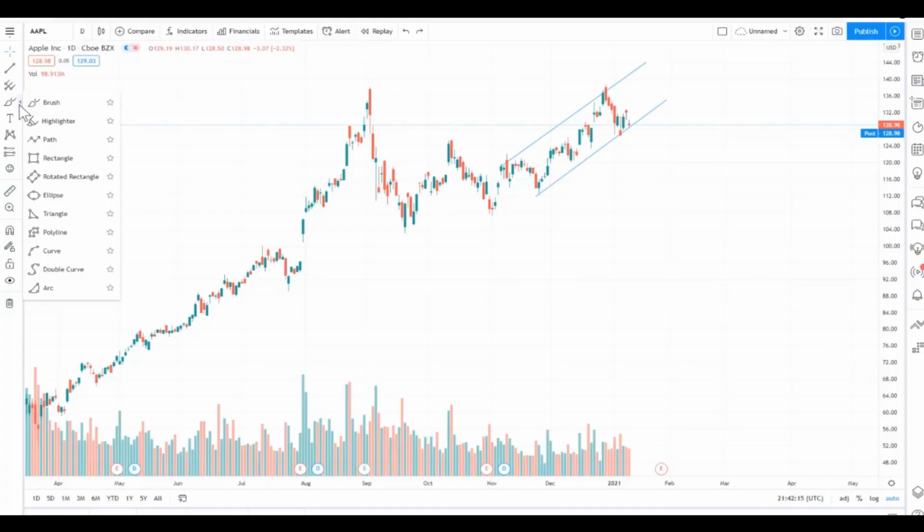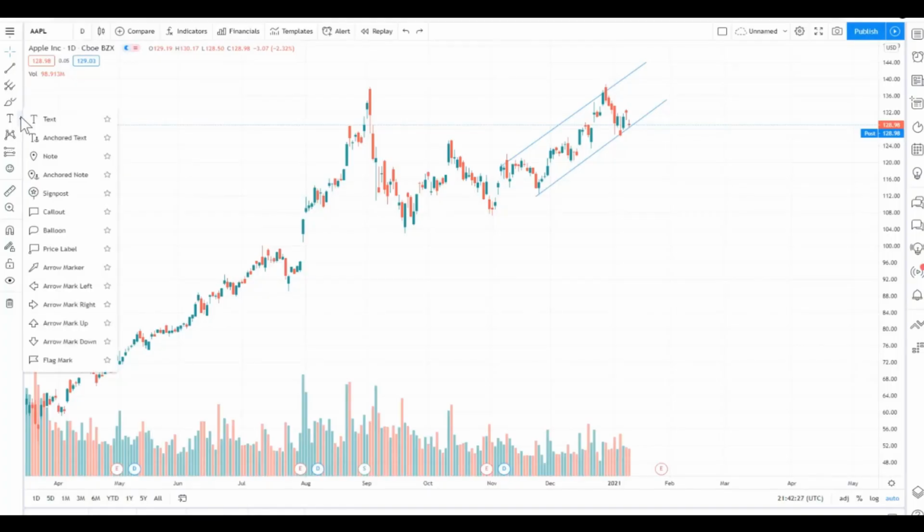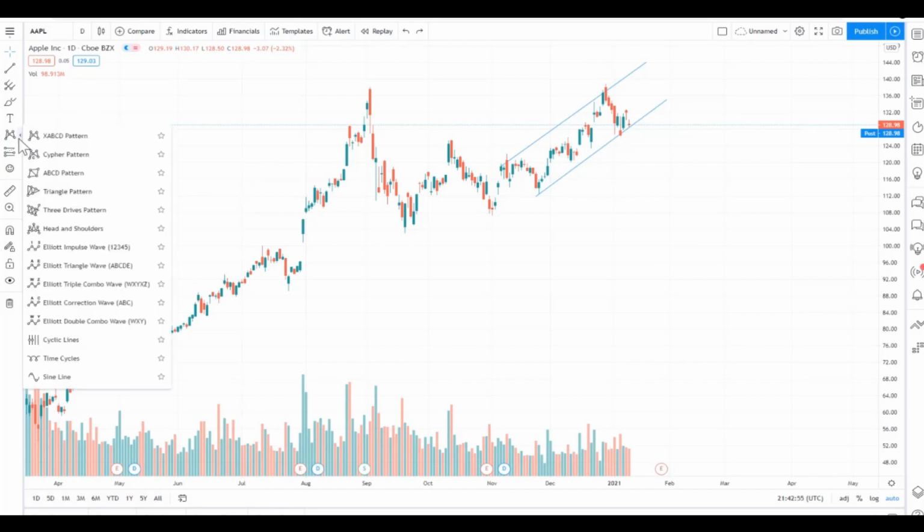These are the brush tools to support you doing analysis. You can add text or price labels. If you want to add some kind of notes on your charts while doing your technical analysis, you can do this. Or if you're sharing or publishing your idea and you want to enhance your chart with more information, you can use this text field options.